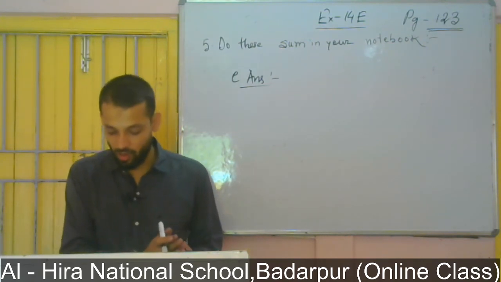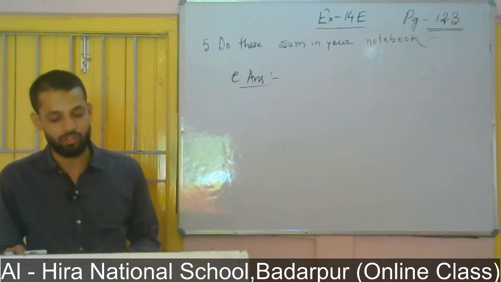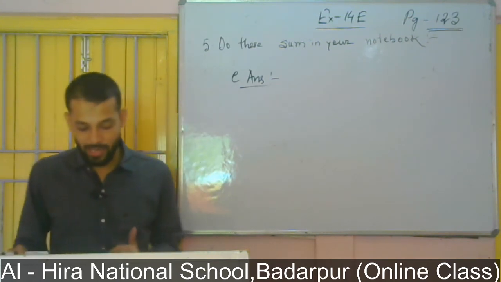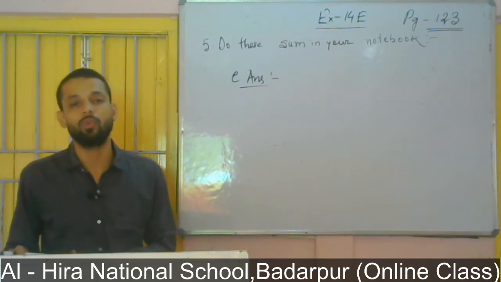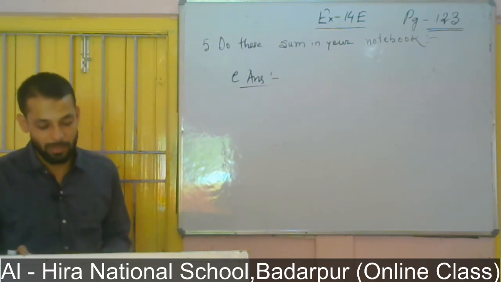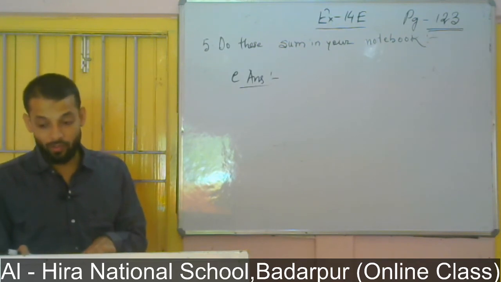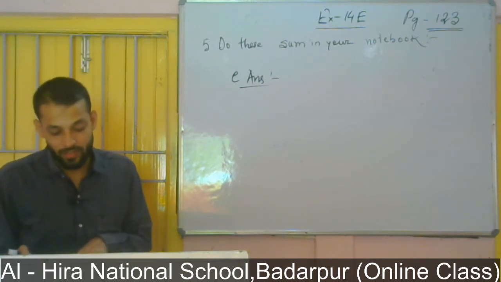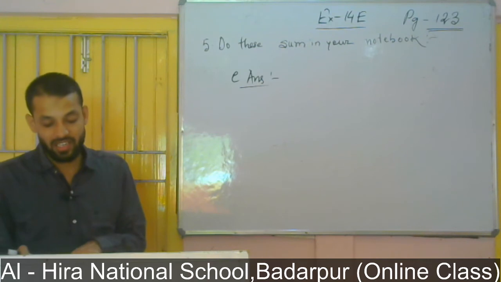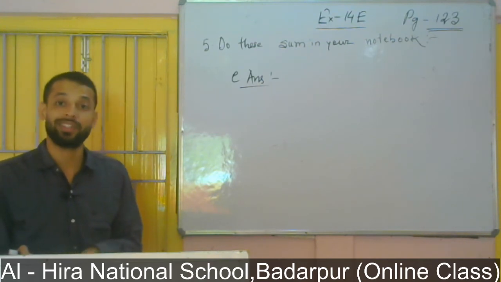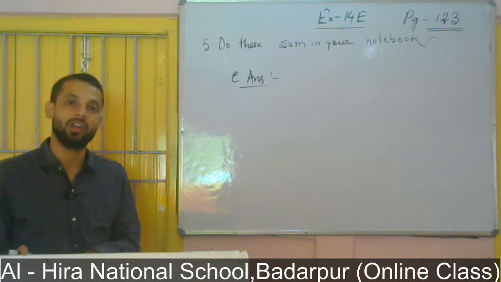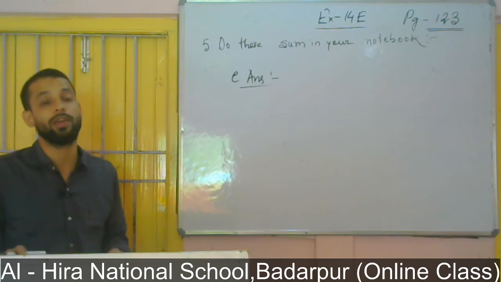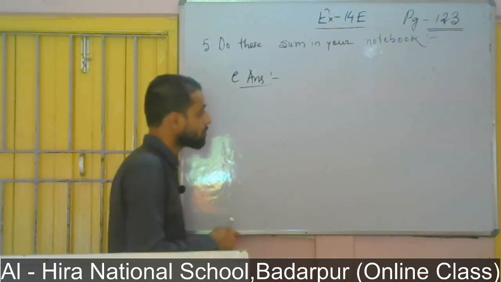If his earning for one day equals rupees 143.65, then his earning for 7 days will be more. If more, then we have to multiply. So by which number do we have to multiply 143.65? By 7. Why by 7? Because in the question it is given, how much does he earn in a week, and we know that 1 week equals 7 days. So that is why we have to multiply 143.65 by 7.